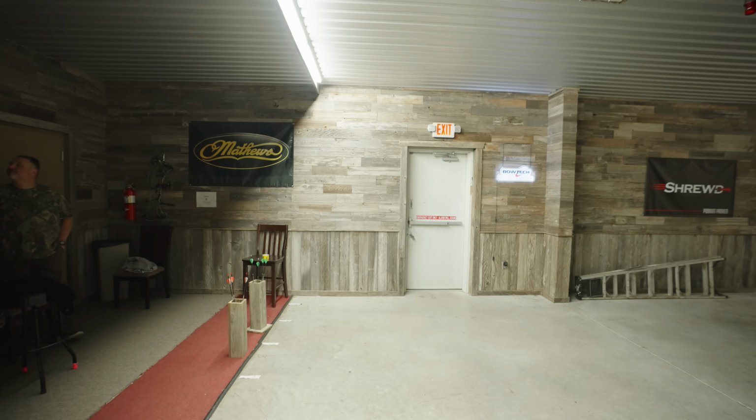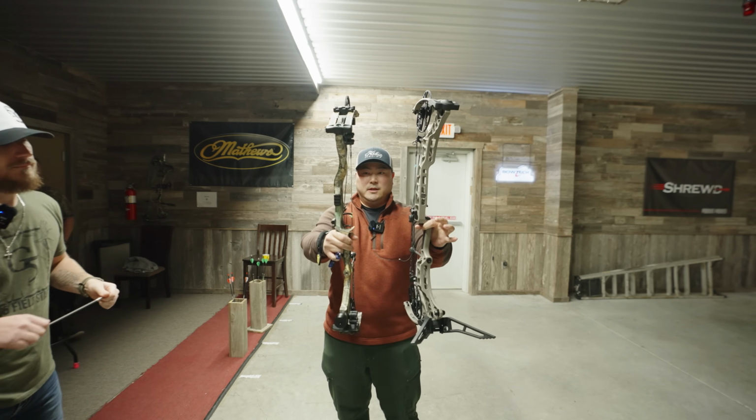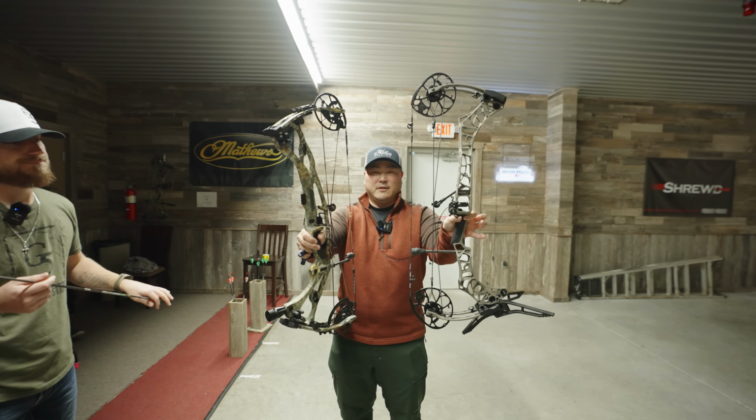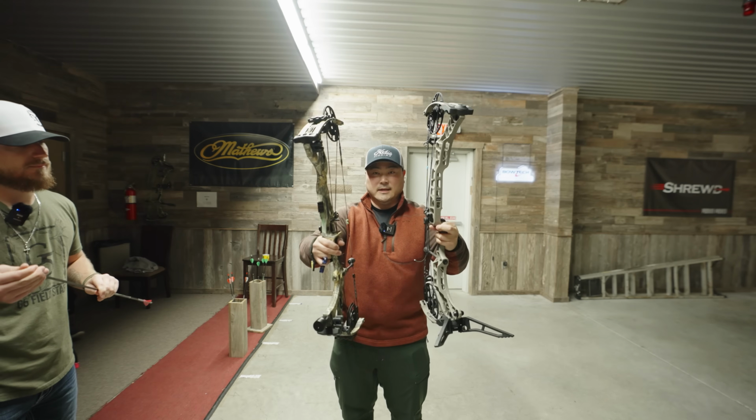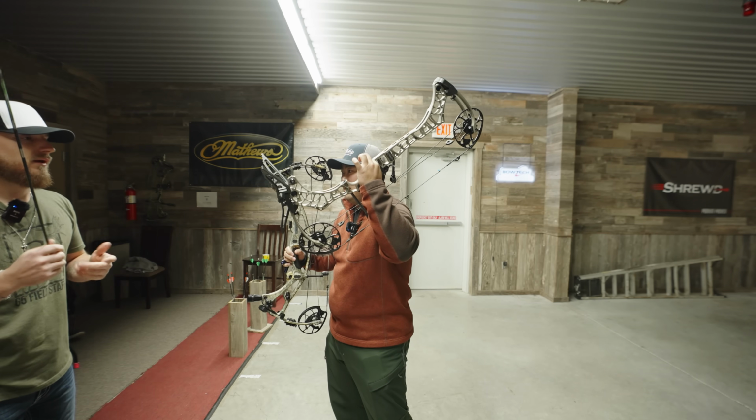That's why I don't trust that scale. Okay, I mean, there's no way that both are the same weight. Yeah. So here's the RX7. Here's the Mathews V3X. Right off the bat, yes, this feels significantly lighter. I mean, it could be the limb, right? A little bit, but I mean...